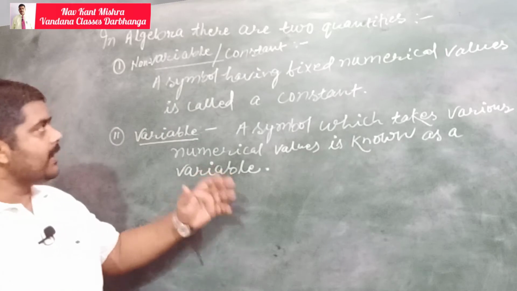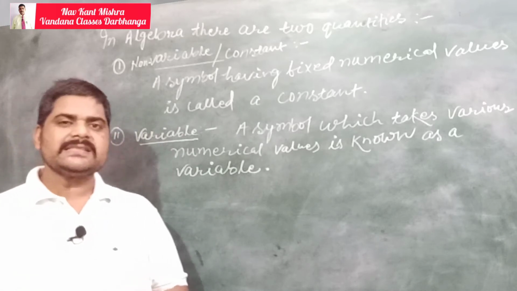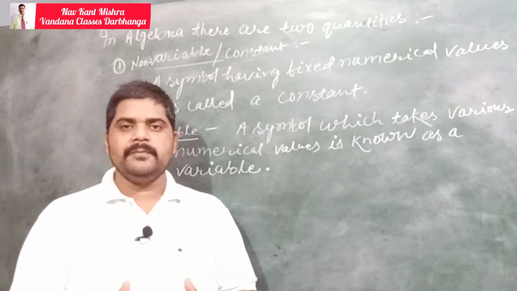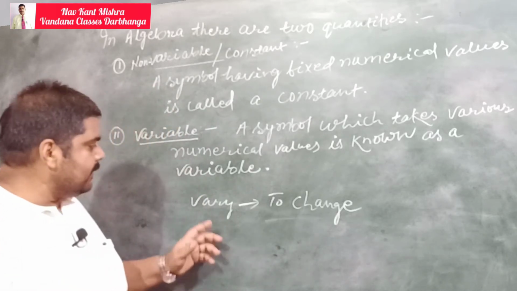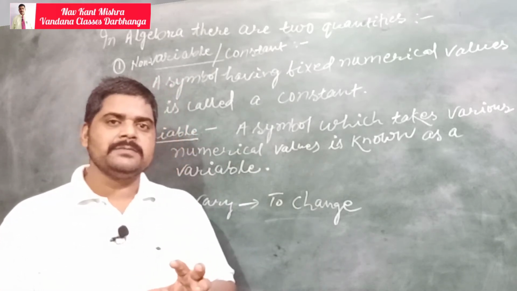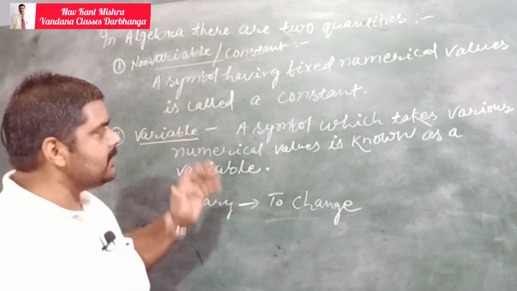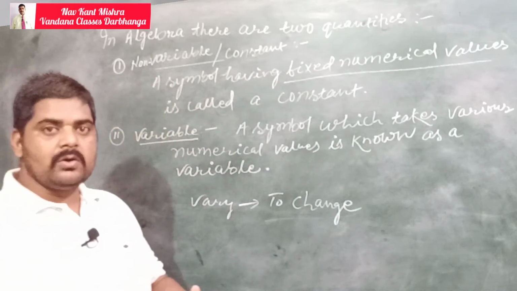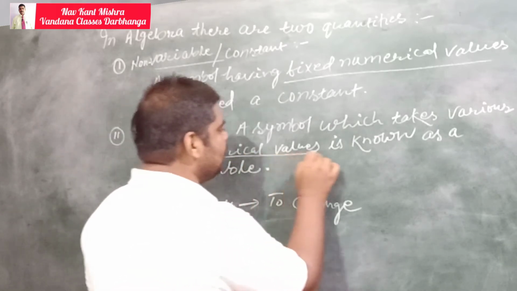My dear student, you know very well that in algebra there are two types of quantities. One is constant, which is also known as non-variable, and the second is variable. The word variable has been derived from the word vary, and vary means to change. Change means any quantity which does not have a fixed value. On the basis of it, you can define non-variable or constant: quantities which have fixed numerical values are known as non-variable or constant, and a symbol which takes various numerical values